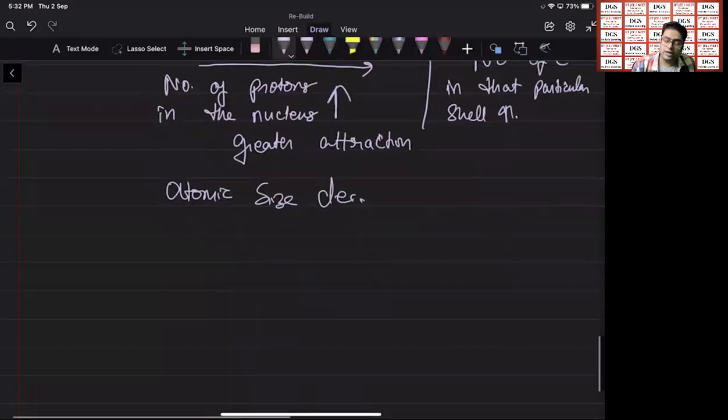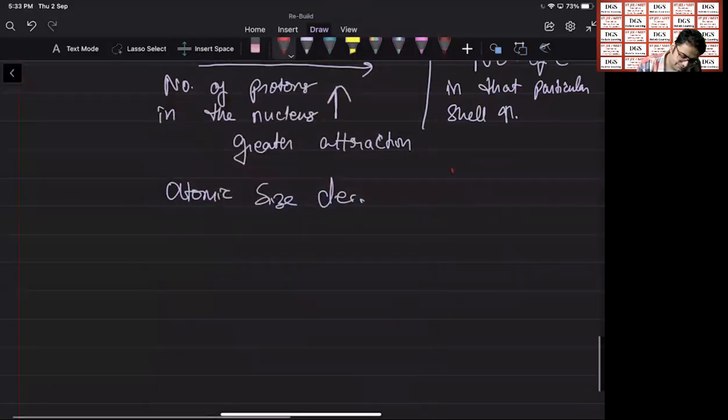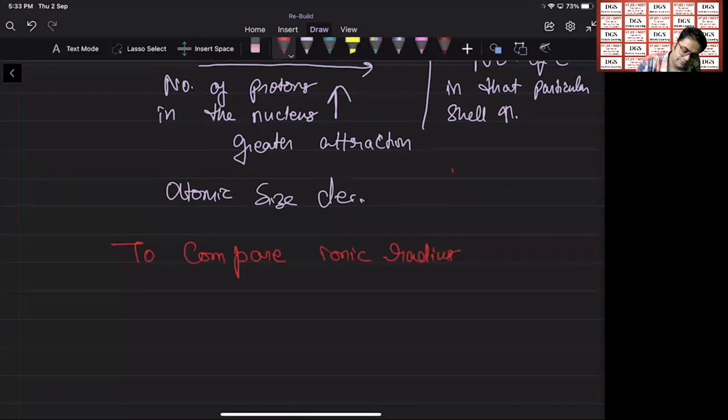One more pretty important aspect while comparing the ionic radius. How can you find out which one will be more, or which one will be less in size? So pretty important aspect. I'm going to note this with a red pen. To compare ionic radius